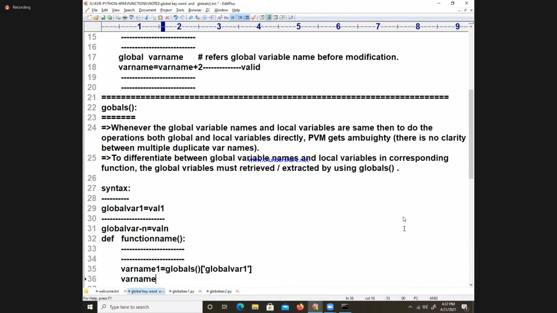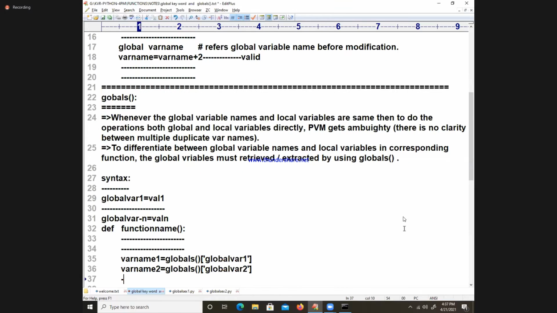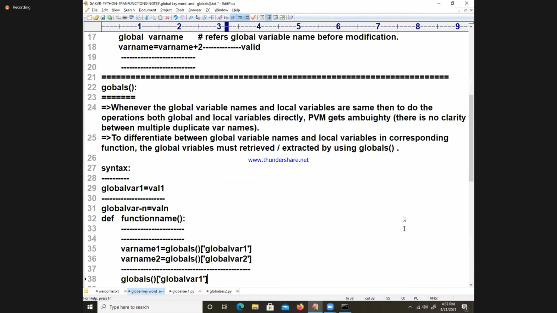Variable name 2 is equal to globals of variable name 2, and so on. I will write variable name n is equal to globals of global variable n.